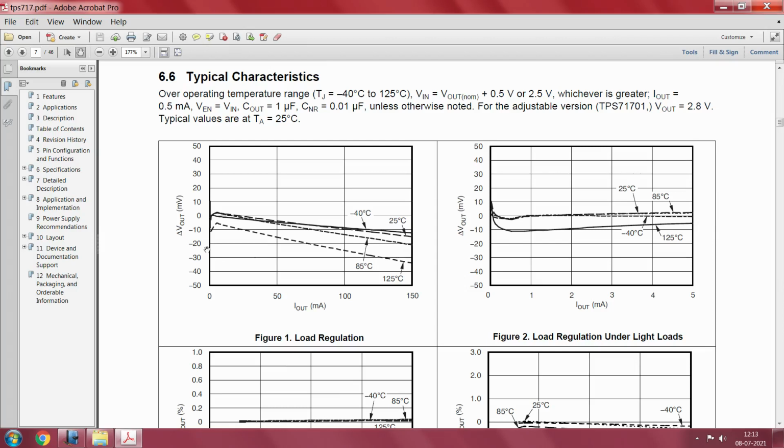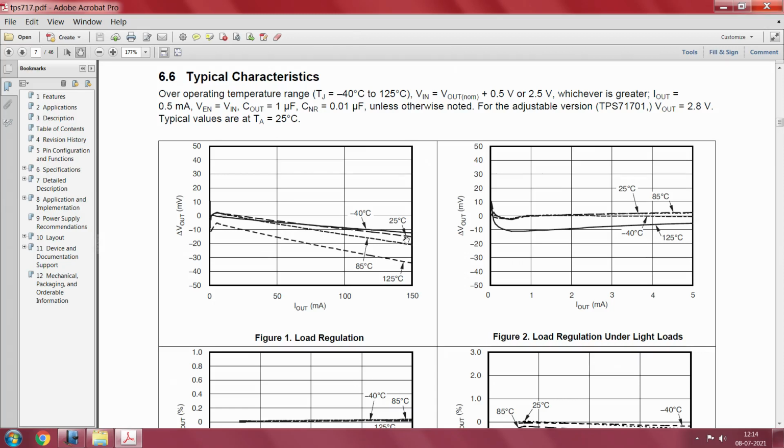Supposing you have 5 volts at the output, you will be 5 volts minus 20 millivolts, okay, that is what it means, will be your output. Similarly this picture, so you always can substitute these numbers with whatever is your output voltage, that is why it gives you the delta V out, that means you have some fixed output voltage. Now what has happened is it has come down, the difference he is plotting here, okay. This is the important thing, so difference will be so much.